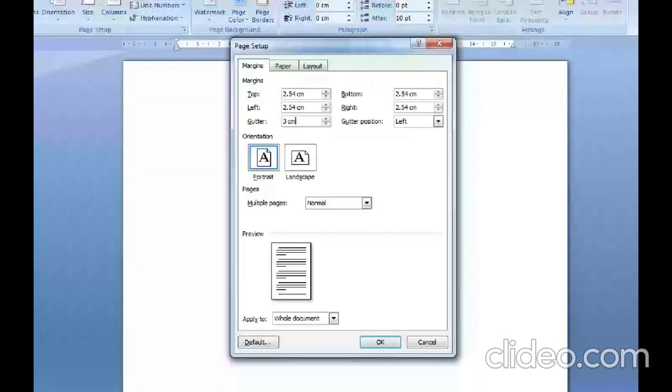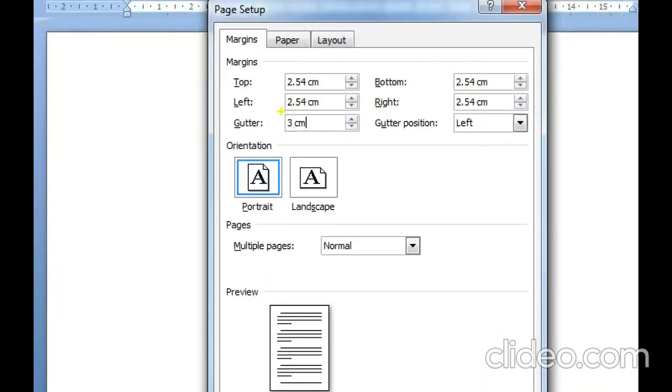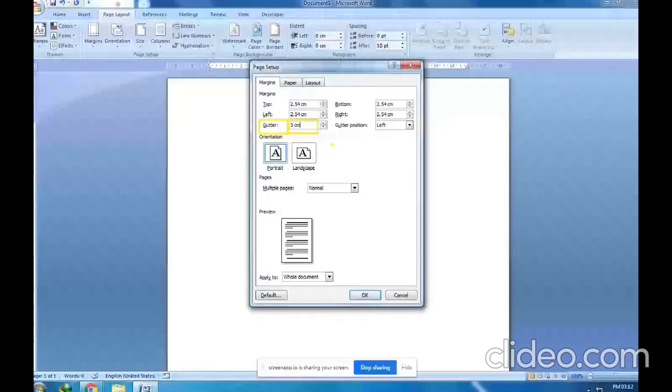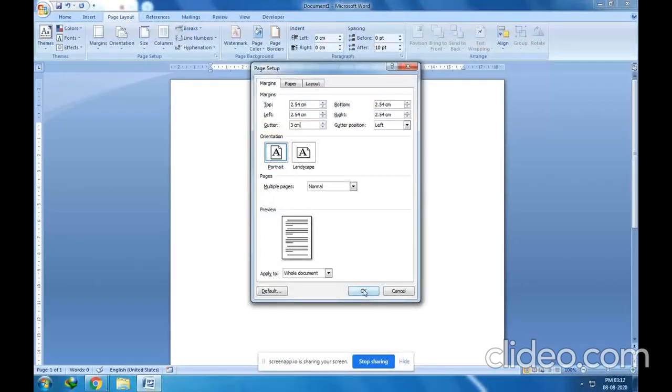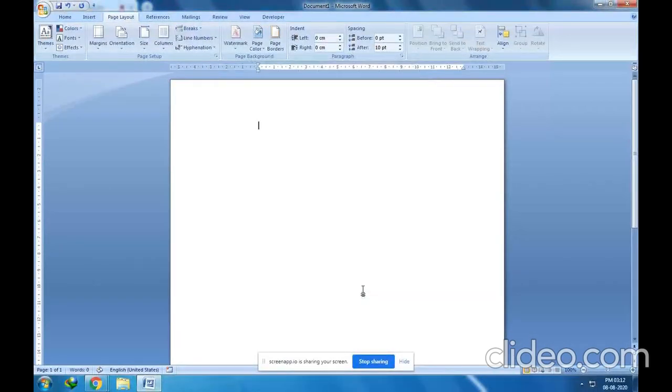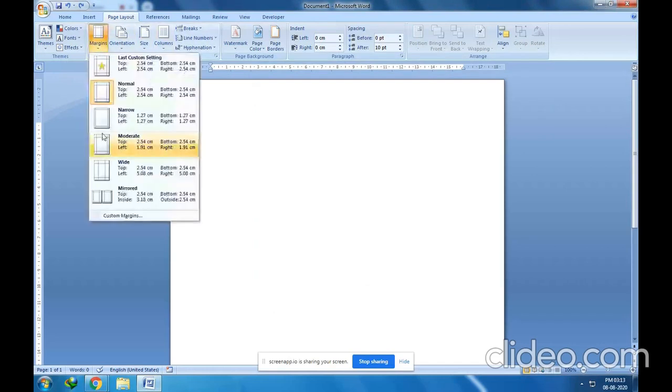You can see here I have written 3 centimeters in the gutter margin. Now let me click on OK. Click on it. Now you can see the space has been left, 3 centimeters. Previously it was here, see, let me press Ctrl Z to undo. Now after giving the gutter margin, custom margin, let me